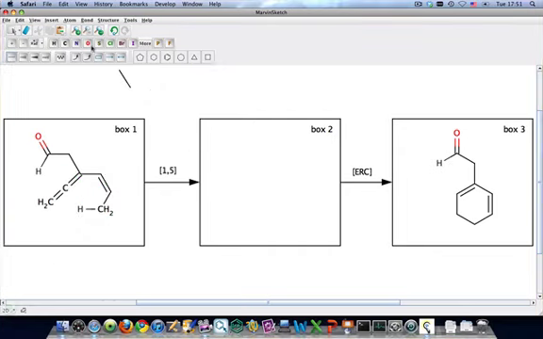So with that in mind, we can draw the product by first copying this, shifting the hydrogen over to the 5 position, and then moving the double bonds around to reflect the electron flow. Of course, it's more than possible and also correct to draw the electron flow the opposite direction. That's just fine. With this intermediate in hand, we now see that the next step is an electrocyclic ring closing,